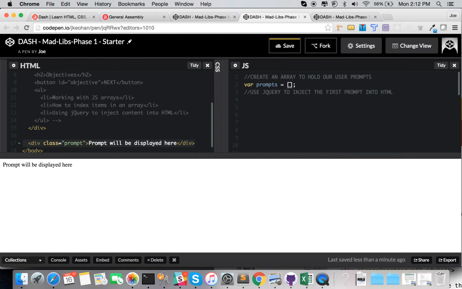Now, we definitely want our array to contain some questions, so I'm going to put them as a string, type name, a comma to indicate the next string, type we'll do single strings, type an adjective, and lastly, type a noun. Okay, so now that we have all of our content there,